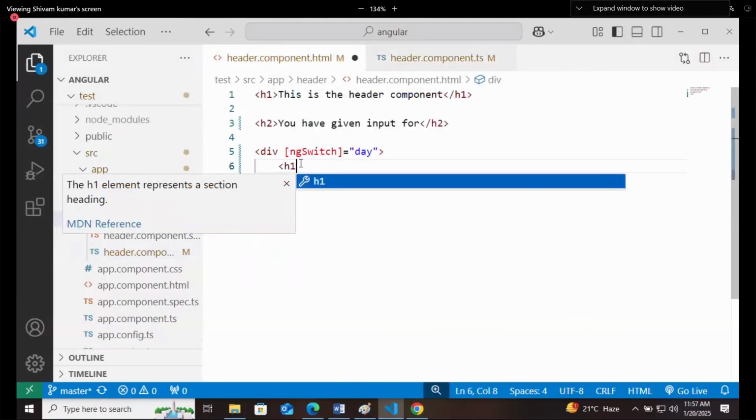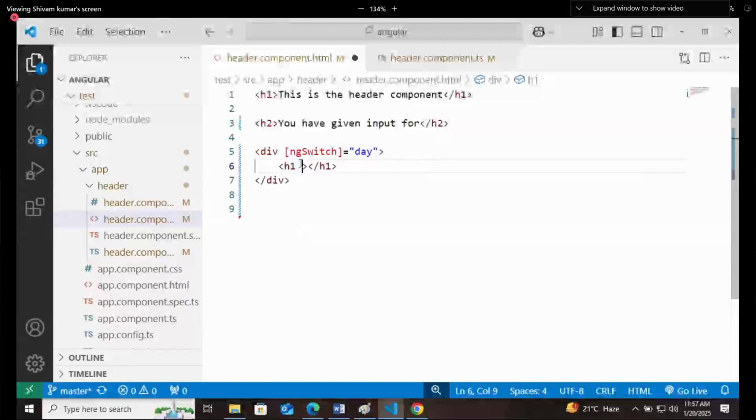Now, cases are direct conditions. So here I will write asterisk ngSwitchCase equals to 1, and this 1 is a string, so you can keep it in single quotes. Now if it is equal to 1, you have to display Monday here. If you are doing this, it will not display anything.